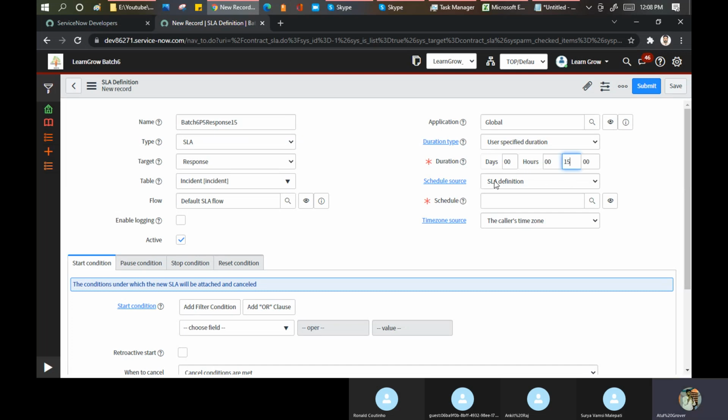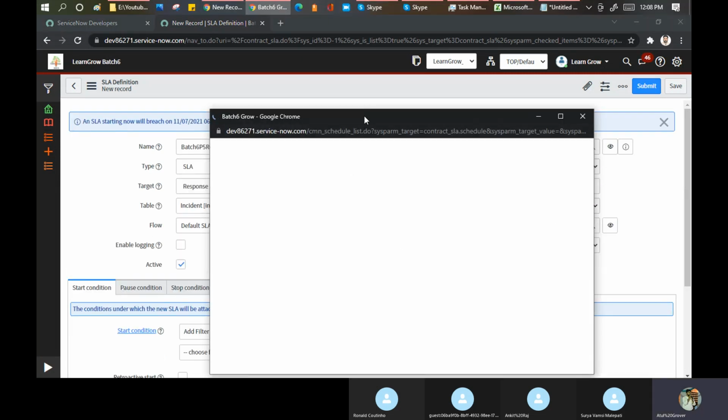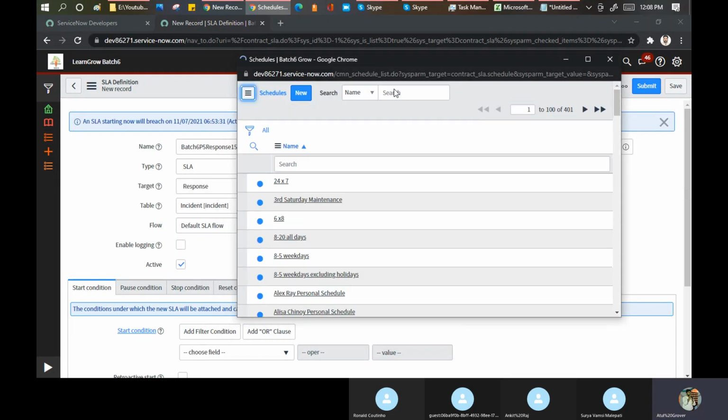SLA definition is the schedule source. It means when this SLA should be up and running. If I open this magnifier glass, it will show you the schedules of the SLA like this: 24/7 schedule, third Saturday maintenance schedule, 6/8 schedule, 8 to 20 all days, 8 to 5 weekdays.